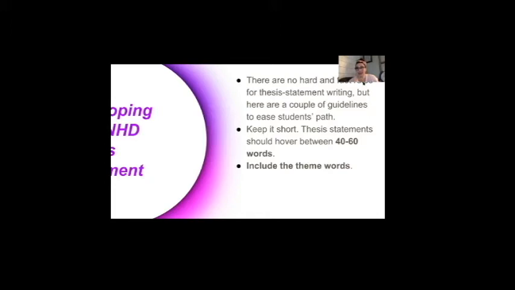So it doesn't have to be a quote. You're not citing anything. The students are showing their understanding of this topic. And so in, say, 40 to 60 words, they're giving their voice at the very beginning. And in the new rubric, which Wendy's going to go over in just a little bit, it's everything, you know. This is their opportunity to really show their own understanding. So I personally try to keep them pretty tight, in the 40 to 60 category at the most, simply because it's a huge waste of words if we do too much.